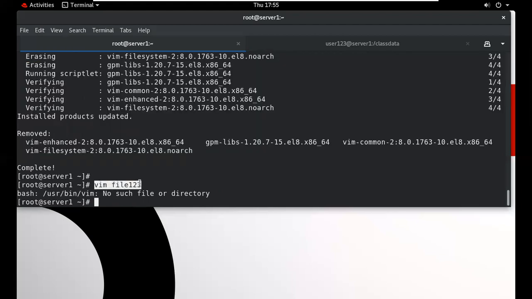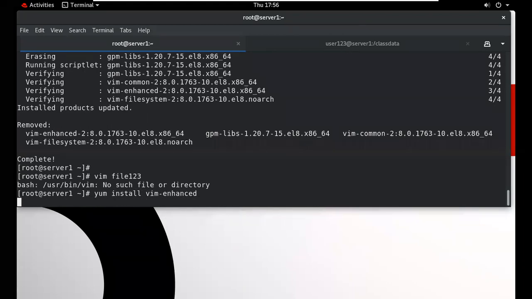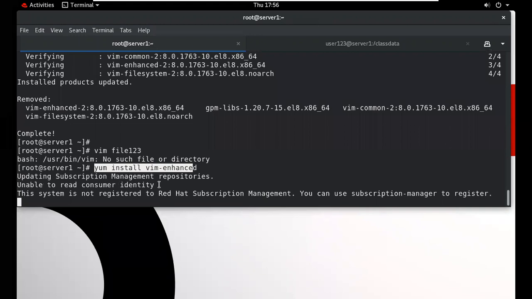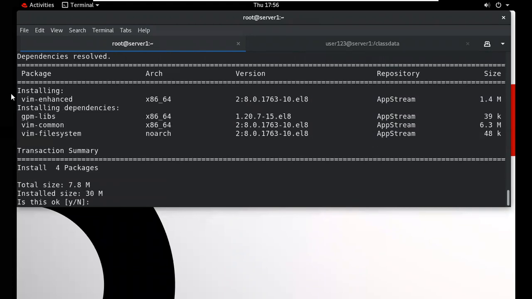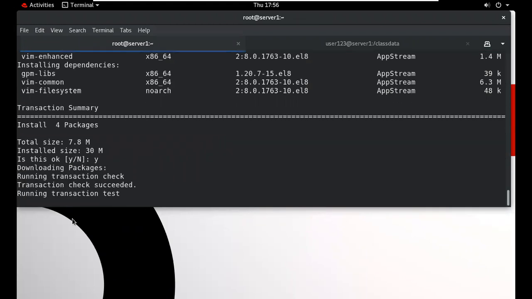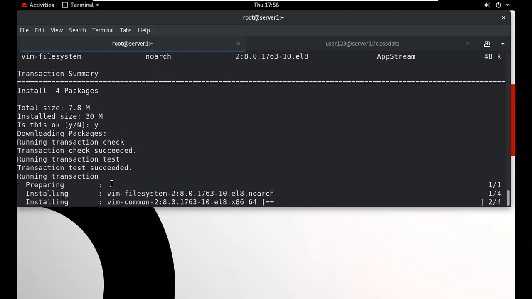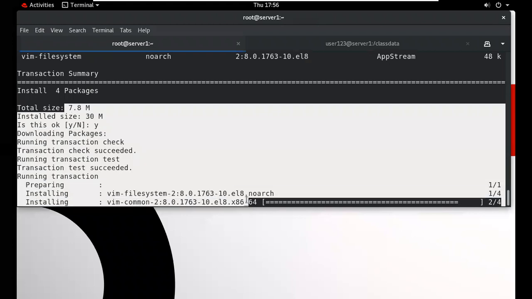And we want to use this, so what will I do? Just type install here in place of remove. Now you can check when this package is installed in your OS. What will we type? Y, to install. Yes. So this file system and these particular commands will be installed in your system and your Vim will work properly. So this is the last option.